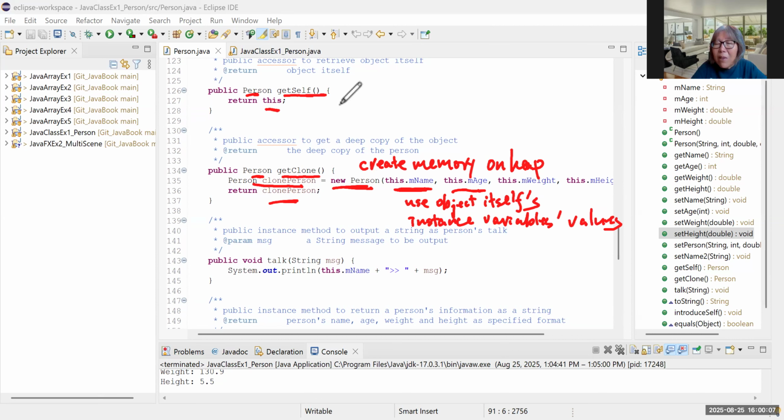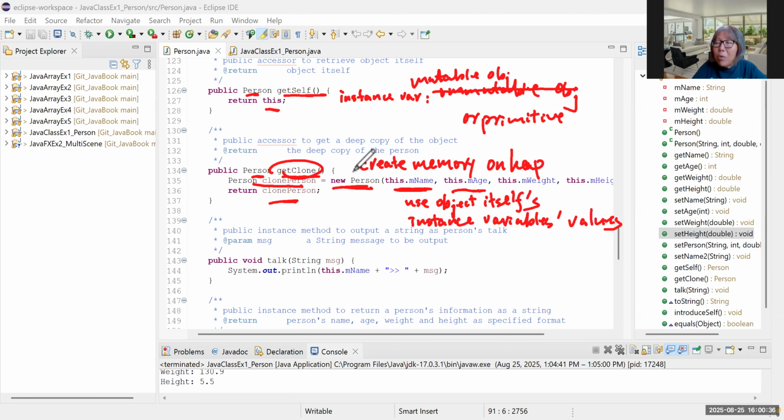In this case, the instance variables are either immutable objects or primitives. So that's fine. And if your instance variable contains mutable objects,